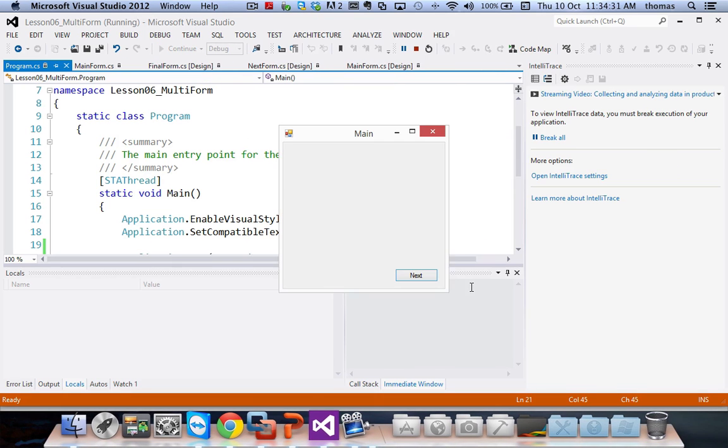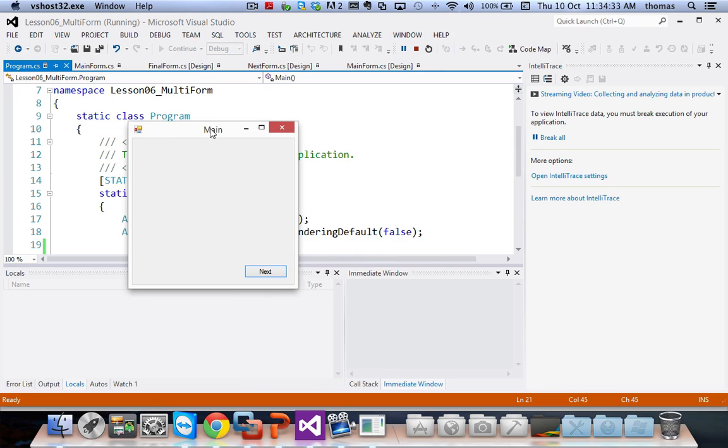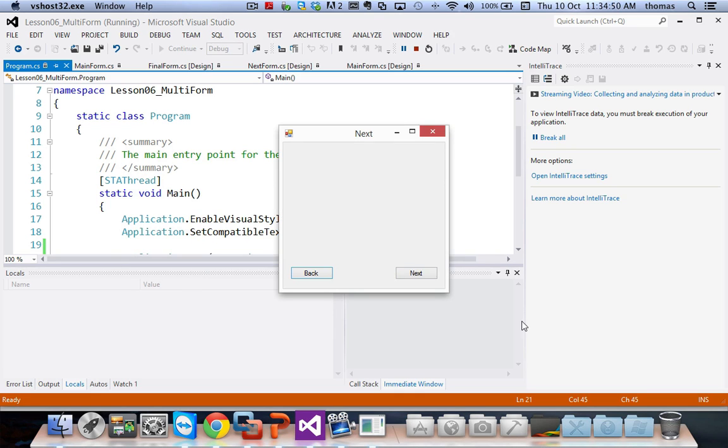So I click start. Where's next form? How come it's not here? Maybe it has to wait for the first one to finish before the next one. Yeah. My best guess is that main form is blocked again. Is it? Let's say if I close this off here first, what happens now? There it is. Yeah, because you run an application, you let it start procedural-based until you finish with that